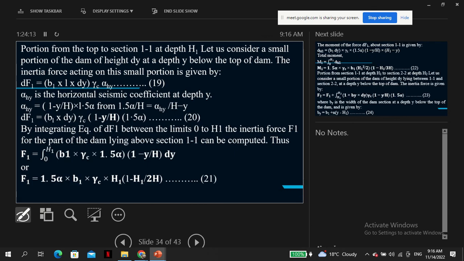So let us consider a small portion of the dam, dy, at depth y below the top of the dam. The force of inertia acting on this small portion would be, so first,